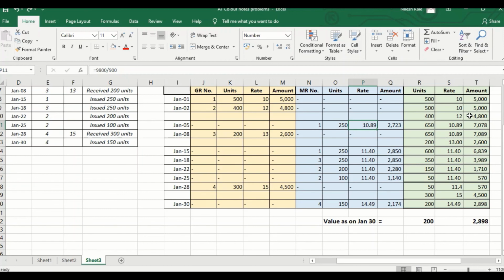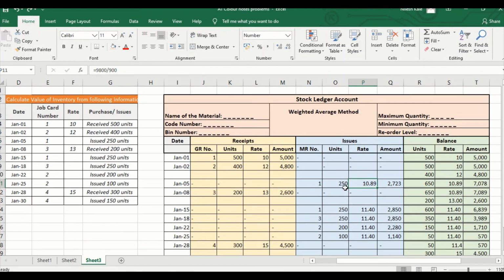Let there be two stocks or more stocks. You only have to consider total amount divided by total number of units. You will get a value, and that value is the issue rate for that stock. While purchasing, you are purchasing at the same price, and the same price must be shown in the balance column. Here you are not messing up, because you are receiving from a supplier who is external to the organization. But while issuing, you are issuing to the production house which is internal to the organization. Therefore, internal price level changes are accepted.